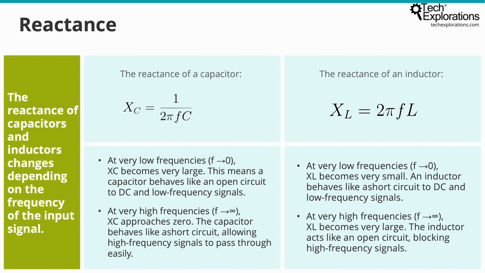On the other hand, at very high frequencies, when f approaches infinity, X_L becomes very large, and the inductor acts as an open circuit, blocking higher frequency signals. These frequency-dependent behaviors are fundamental in the design of filters, where components are chosen to either pass or block specific ranges of frequencies. And understanding how X_C and X_L change with frequency is essential to predicting and controlling circuit behavior